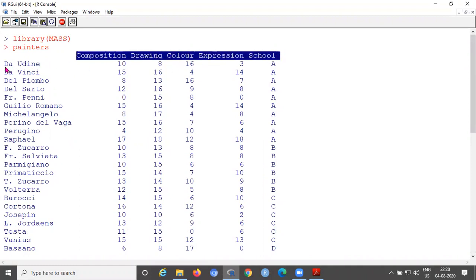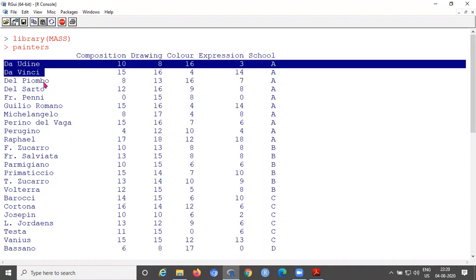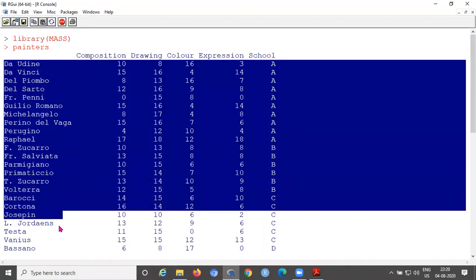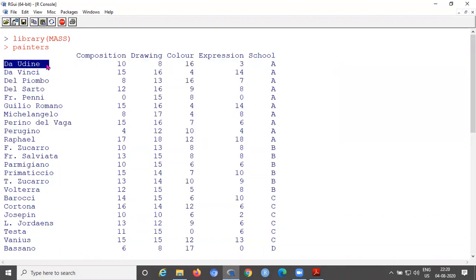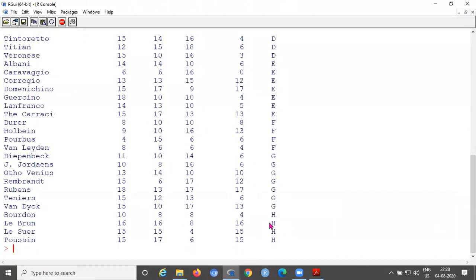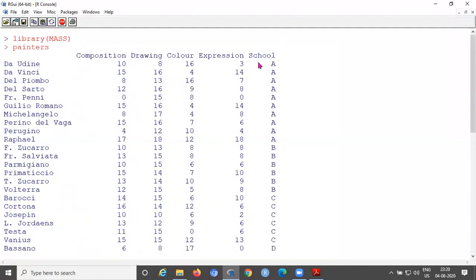Then every row is identified by the painter name as the row ID, with different values of the attributes. Here you can see composition, drawing, color, expression are numeric, meaning integer data types, whereas school contains characters like A, B, C, D, up to H. So this is string type.